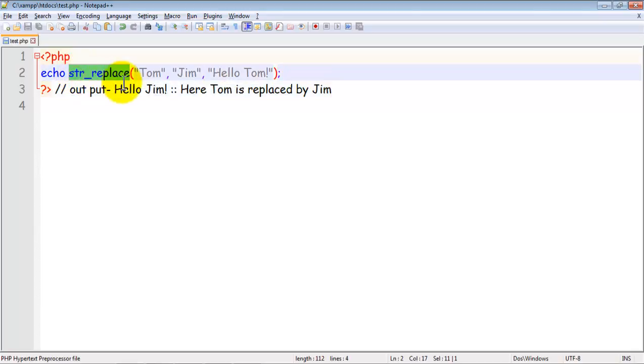Echo str_replace Tom, Jim, "hello Tom". It will find Tom in the main string in which we have to search, replace it with Jim, and print "hello Jim".